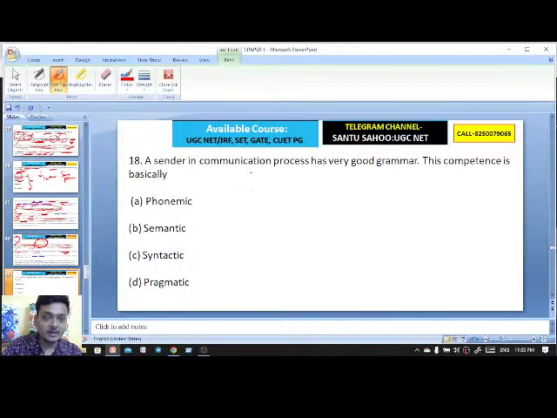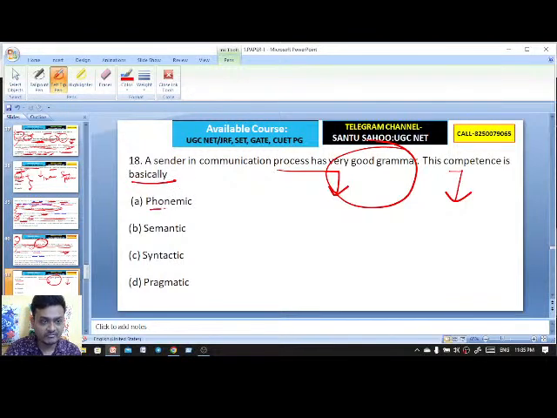A sender in the communication process has very good grammar, and this competency is basically known as phonemic, semantic, syntactic, or pragmatic. A sender in the communication process has very good grammar. He has a kind of command over grammar.